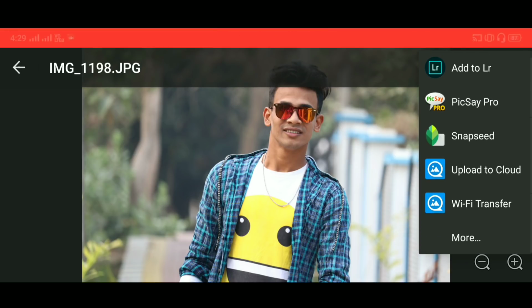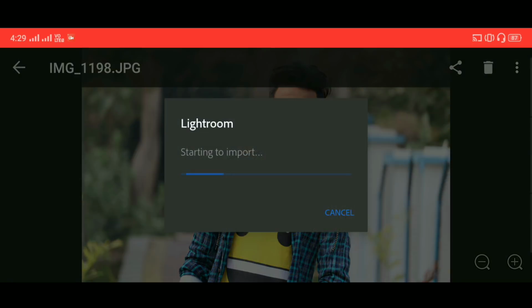Well guys, I am going with this photo because it is the best example for us. First of all, let's open this image in the Lightroom application. So I am going to share this image in my Lightroom application. Here I am in my Lightroom application, and guys, you don't need a preset because you already have this color profile in your Lightroom application, so don't worry about that. Just watch very carefully the process that I am going to show you.